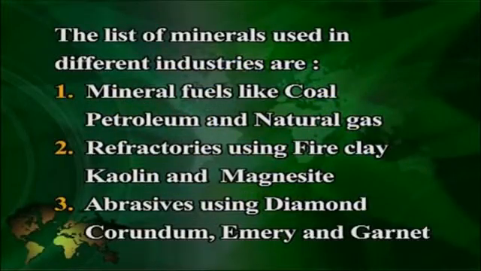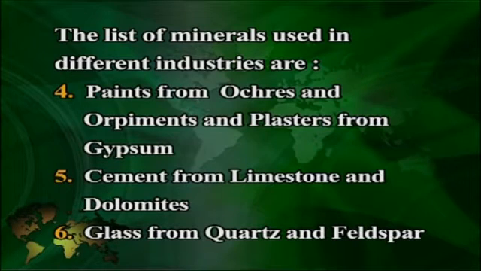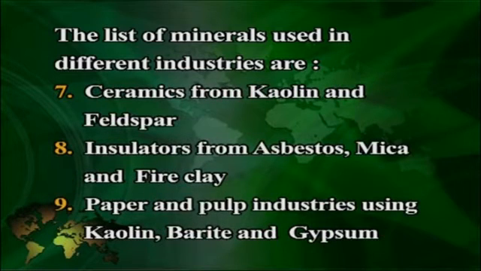The list of minerals used in different industries are mineral fuels like coal, petroleum and natural gas. Refractories using fire clay, kaolin and magnesite. Abrasives using diamond, corundum, emery and garnet. Paints from ochres and orpiments and plasters from gypsum. Cements from limestones and dolomites, glass from quartz and feldspar, ceramics from kaolin and feldspar, insulators from asbestos, mica and